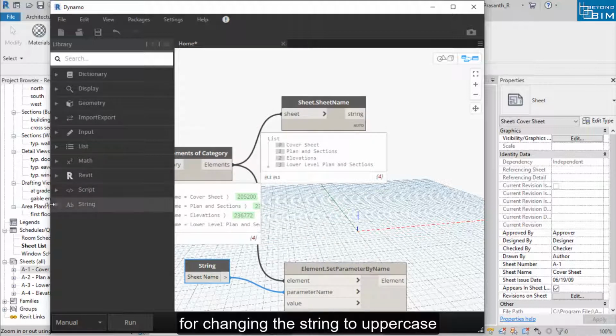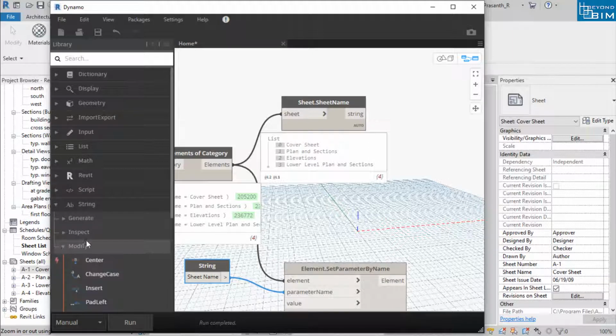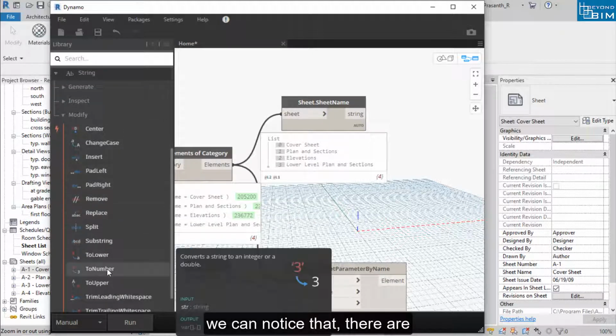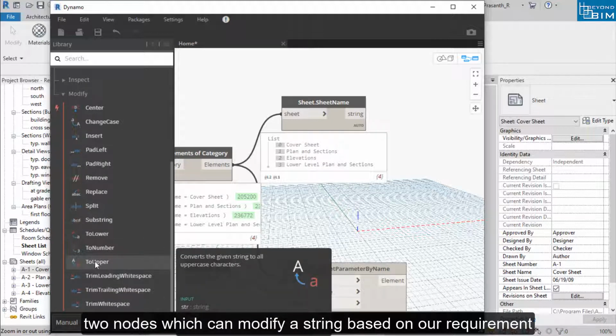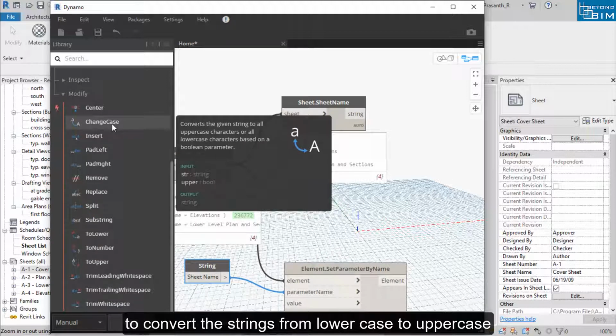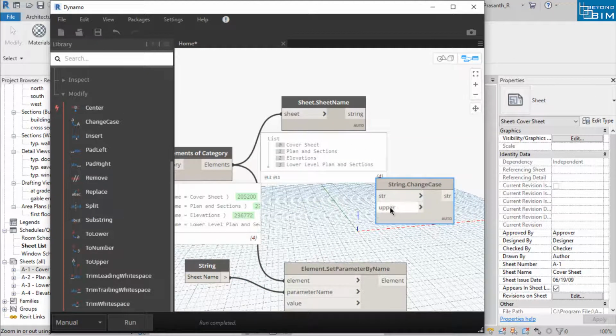For changing the string to uppercase, there are library nodes available. We can notice that there are two nodes which can modify a string. We can choose either of these nodes to convert the strings from lowercase to uppercase.